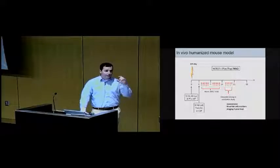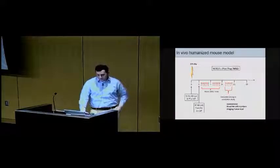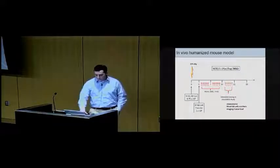And the BiKE and TriKE are small molecules, so we have to treat on a daily basis. So we treat 5 days a week with nothing, BiKE or TriKE, and I'm going to show another study later on that we're also treating with IL-15. And we evaluate